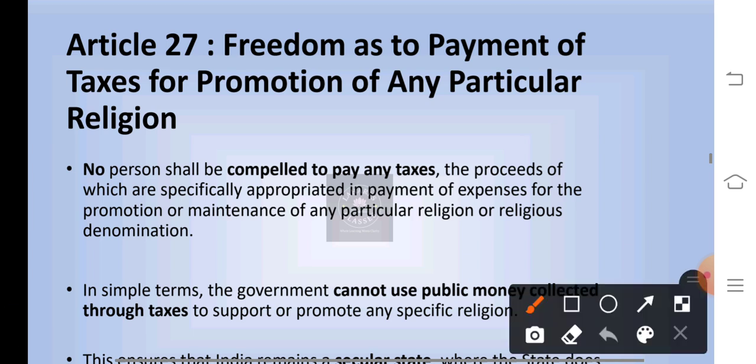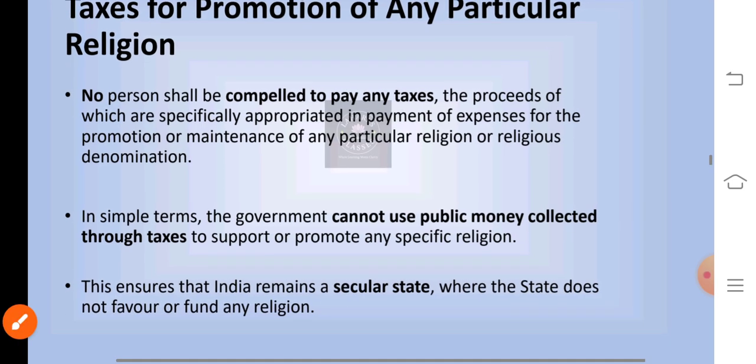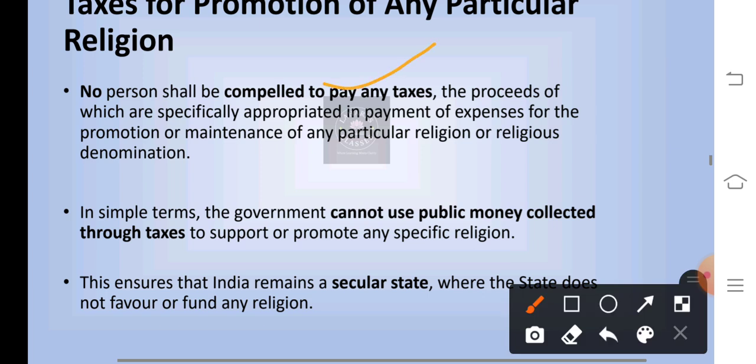Next is Article 27. That is freedom as to payment of taxes for promotion of any particular religion. Nobody is compelled to pay any taxes, the proceeds of which are specifically appropriated in payment of expenses for the promotion or maintenance of any particular religion or religious denomination. Basically, the state cannot force someone to pay any taxes